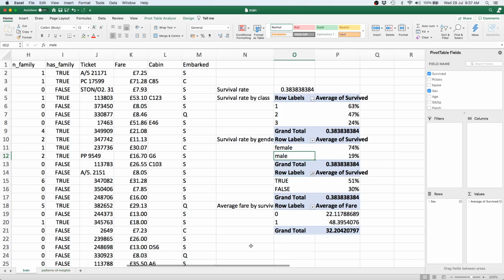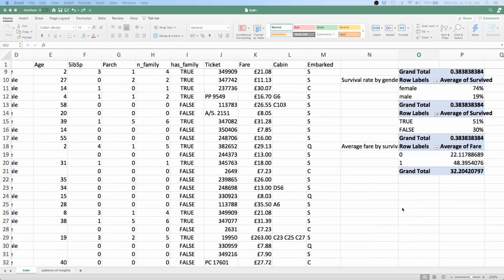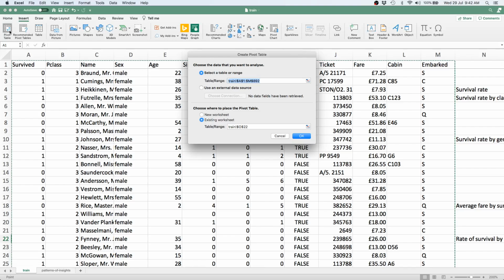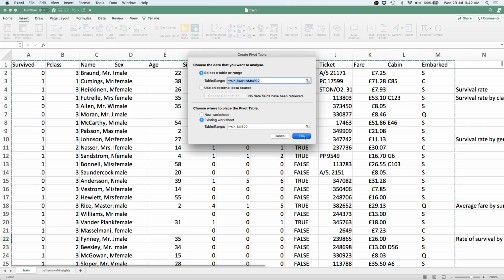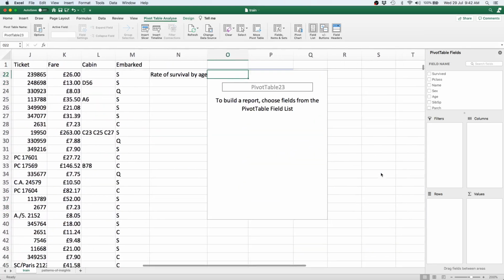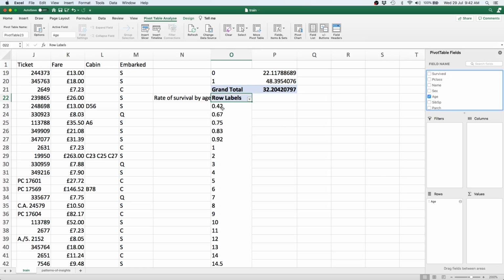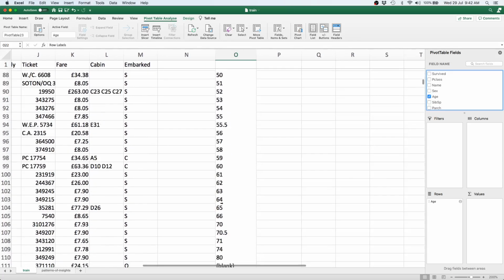Now, in order to do that, we are going to have a slightly complicated type of pivot table. So let's take a look. Let's write down the metric we are trying to measure here, which is rate of survival by age. Now here too we need a pivot table. So let's go ahead and insert a pivot table, same range, and there we are. Now here amongst the rows we basically want ages. So let's take the age column and drag it down to rows. So there we have all the different ages that are present in the data set.